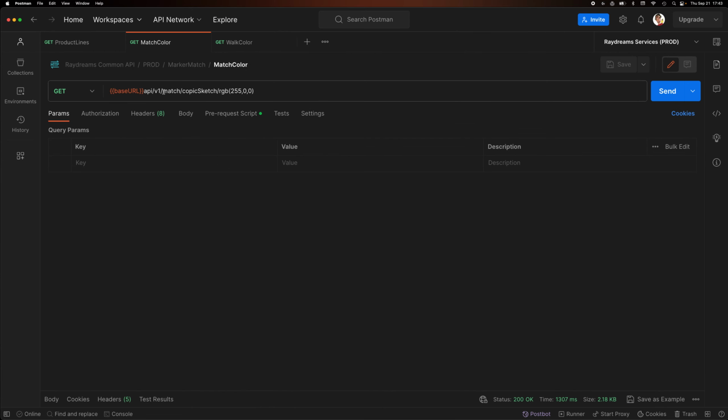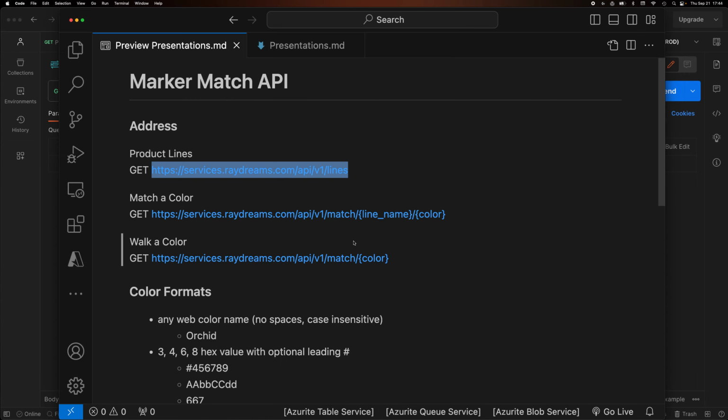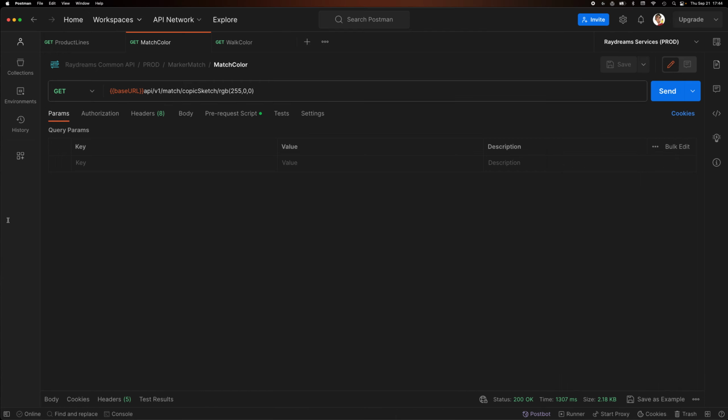So again, the difference here is the URL is now match, followed by that key from the previous product lines list. So you enter in that key of the line you want to match on, and then the color value. So you'll see that up here. I'm going to match on Copic Sketch, and this is obviously going to be a pure red color. So